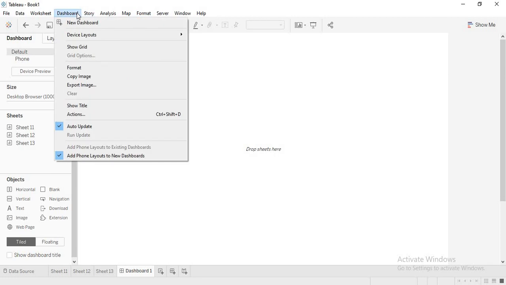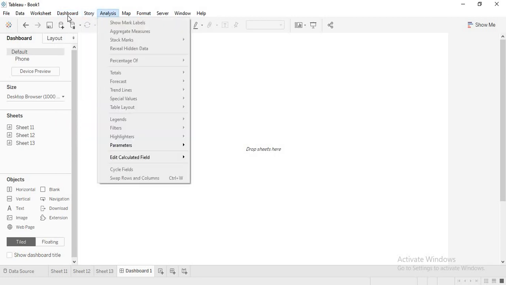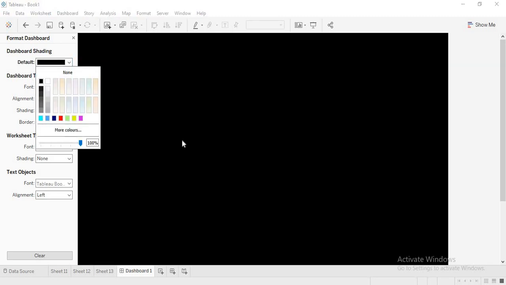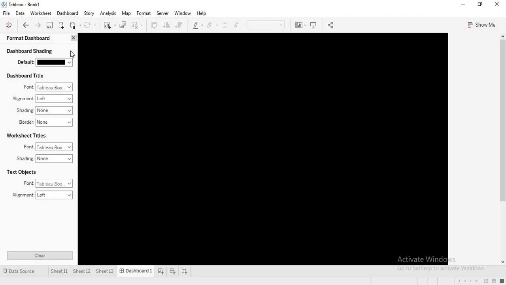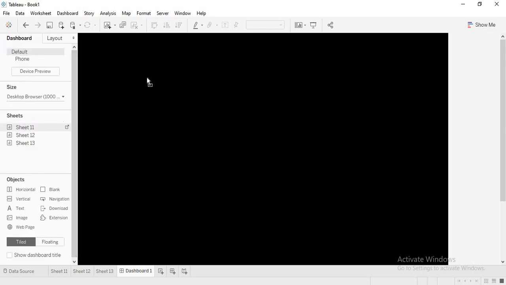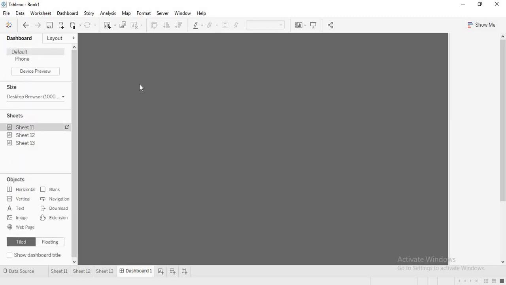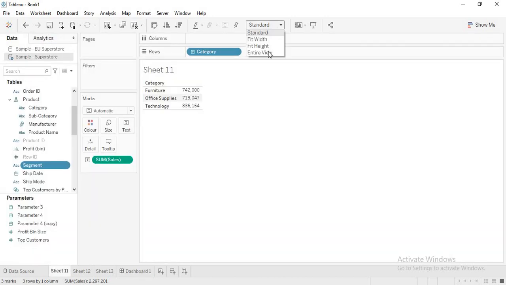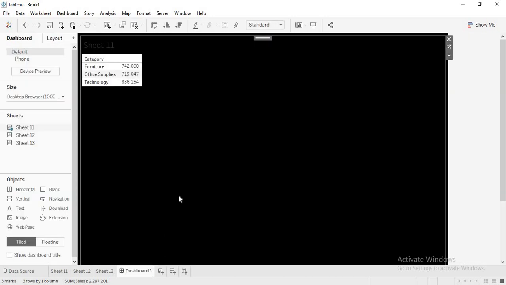In the dashboard format, let me take the shading as black, and here I am bringing in my sheet. Let us go to the sheet and make this an entire view. Here also let me make this an entire view.